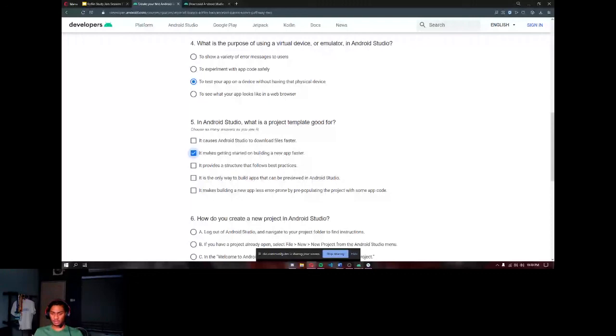Third one, it provides a structure that follows best practice. Yes, I think yes, because the template is made with the best practice for us to follow. So I think I will check this. Fourth one, it is the only way to build apps that can preview in Android Studio.